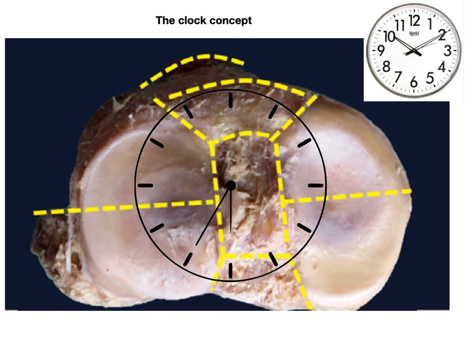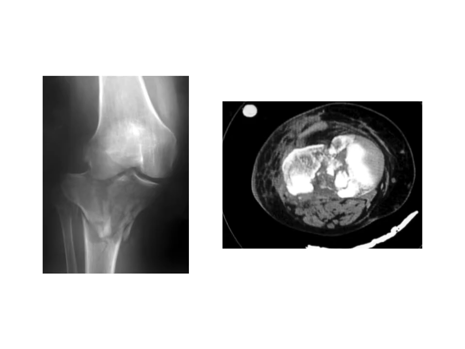So, for example, if there is a fracture line here, and you take this as 6 and this is 12, it will be somewhere between 3 and 5 o'clock. For example, in this particular fracture, if you ask me where the fracture line is, because the 12 is posterior, I would say the majority of the fracture line lies between 11 and 1, and that's the defect that we need to tackle. It is very important to have this concept, especially if you are doing an arthroscopic assisted fixation, because that will give you a clear idea.